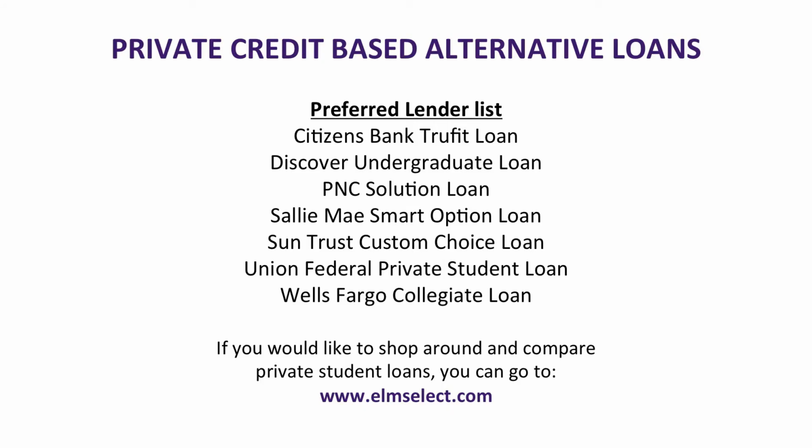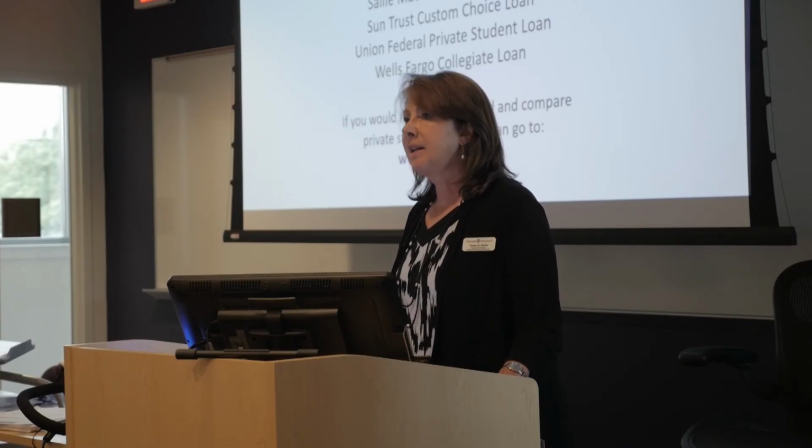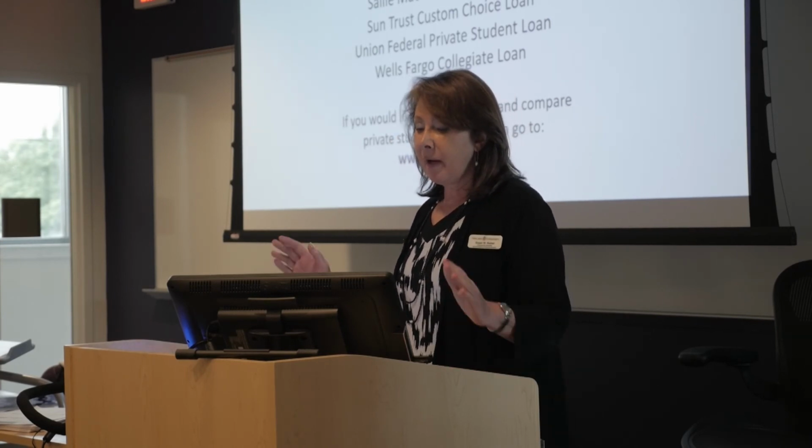Now, the private alternative loan is the other loan that is used commonly to fill that gap. And this is our preferred lender list. It's in alphabetical order. It's not in any order of preference. And at the bottom of the screen, you'll see a website for elmselect.com. Wonderful website. If you go in there and search out Niagara University, you can compare up to 3 of these